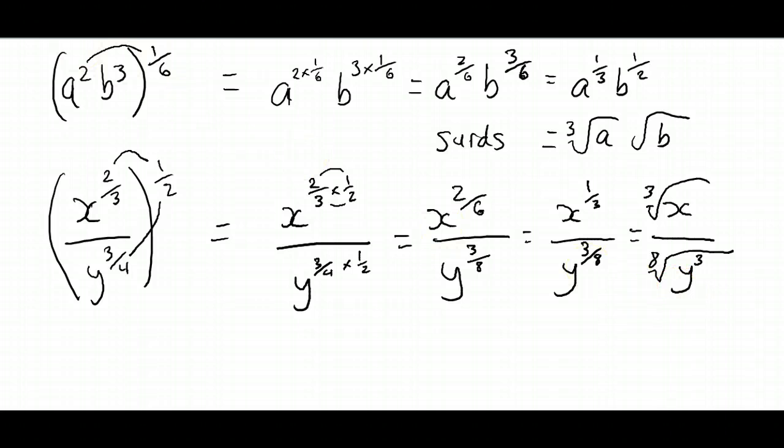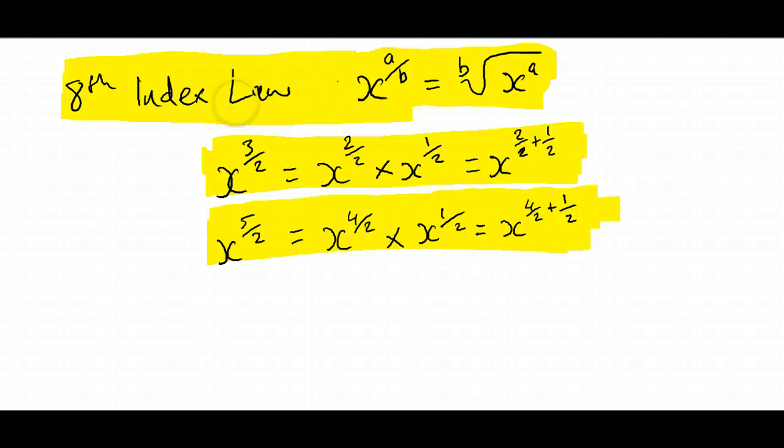Alright, now let's summarize. Okay, so here's a summary of what we've learned. The 8th index law, there it is, written out. And here's 2 useful things to remember, or it's really one thing, but 2 examples of it. x to the power of 3 over 2 can be rewritten as x to the power of 2 over 2 times x to the power of 1/2. Because this is telling us to add these indices together. 2 over 2 plus 1 over 2 will give us